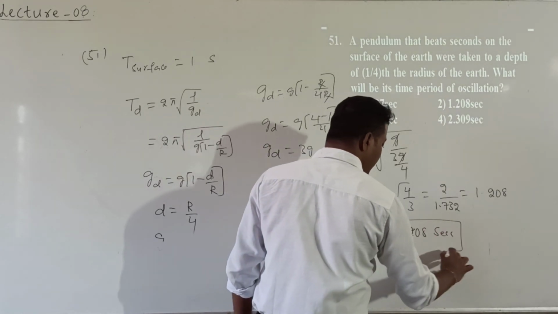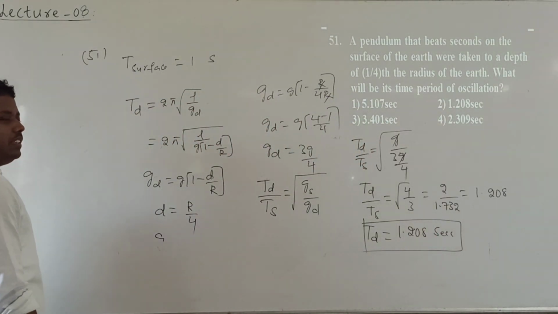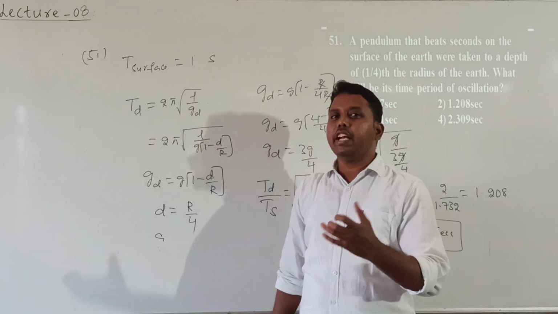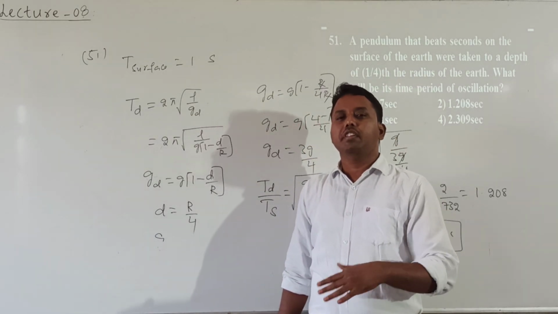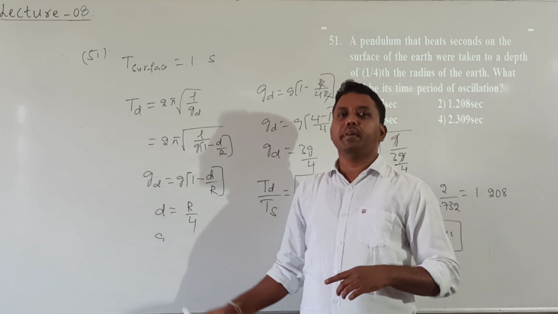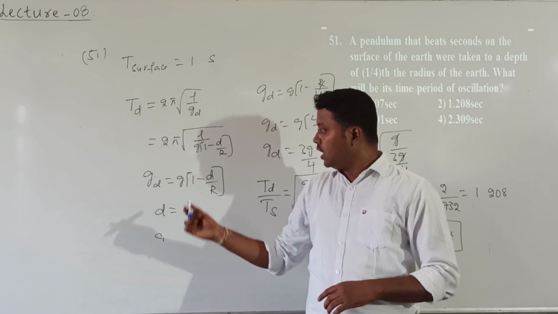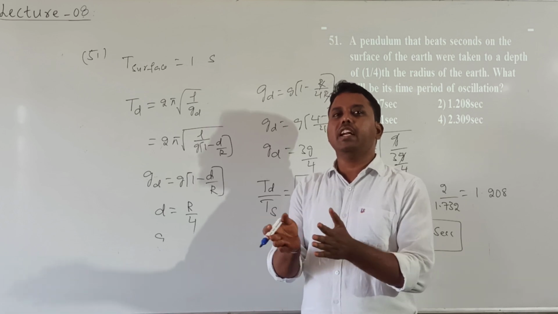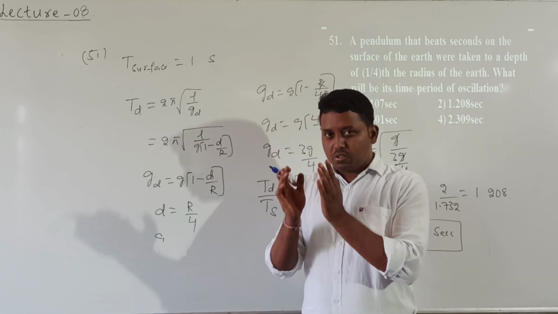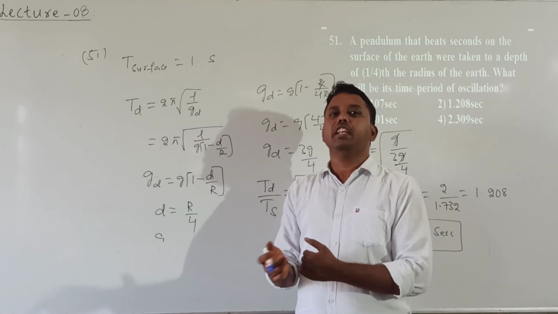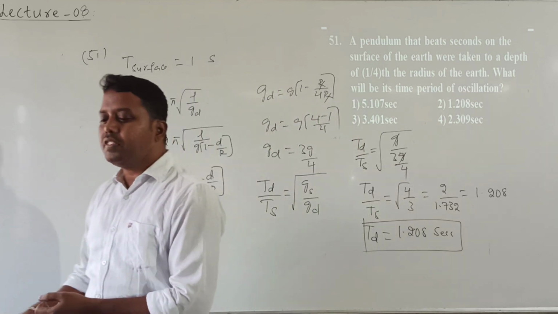Okay, now understood? This is a question based on gravitation. So what does it mean? The chapter is oscillations, but we are getting concepts based on every chapter. We got concepts based on mechanics, motion in a straight line, mechanical properties of fluids, and now gravitation. So we cannot think all chapters are separate; all are interrelated with each other. So this is question number 15.